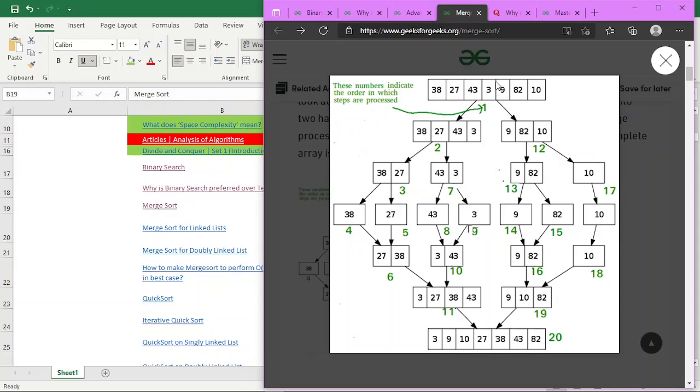We will first find the middle element, which is 3, so we will divide it into two sub arrays, like this one and this one, and again finding the middle element, which is 27, we will divide them into two more sub arrays, and again for the right sub part as well we will be doing it. Similarly, when we find 38 as the middle element, we split the sub-array into more sub-arrays, and at last we will be getting